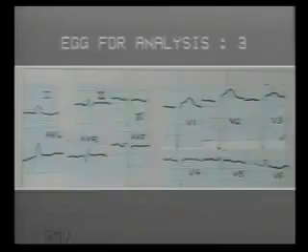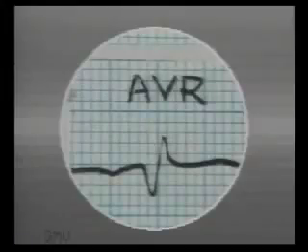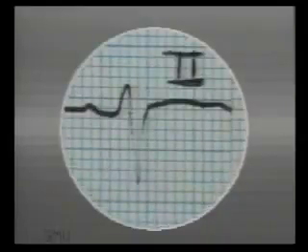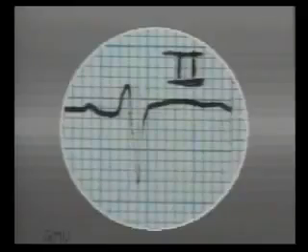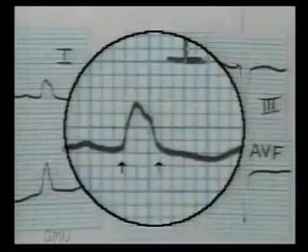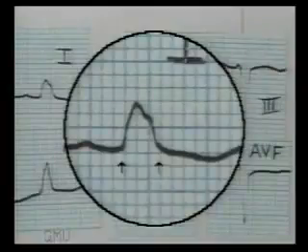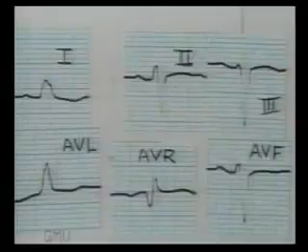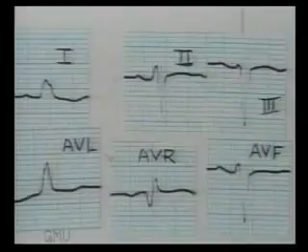Now let us analyze ECG number 3. A glance tells us that QRS complexes are very wide, a bundle branch block pattern. AVR shows negative P and QRS, so limb placement is correct. Lead 2 shows normal P wave and normal PR interval of 4 millimeters. Coming to QRS complexes in limb leads, QRS duration in lead 1 is 3 millimeters or 0.12 seconds, suggesting a bundle branch block. Lead 1 and lead 3 show a left axis deviation or left leaves pattern. There is no pathological Q wave.